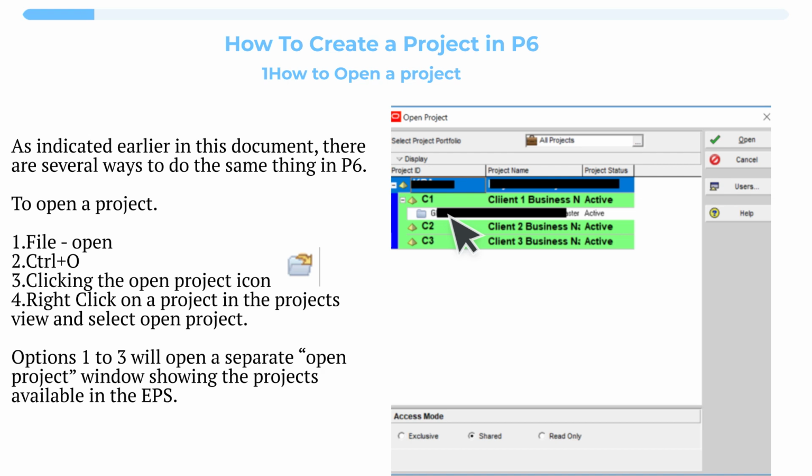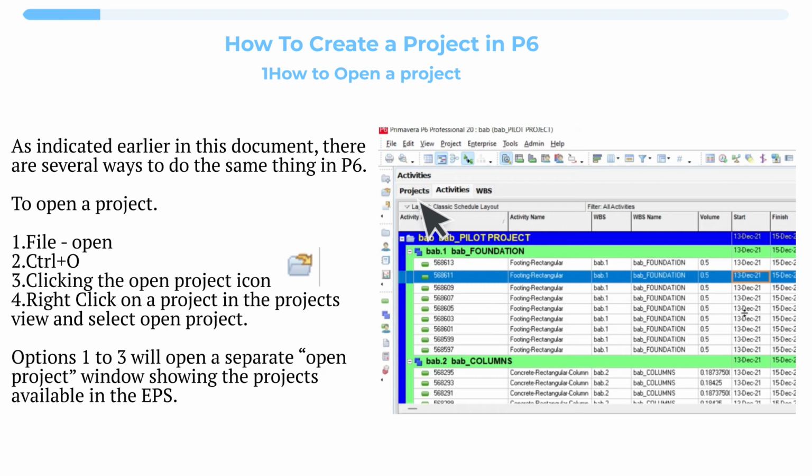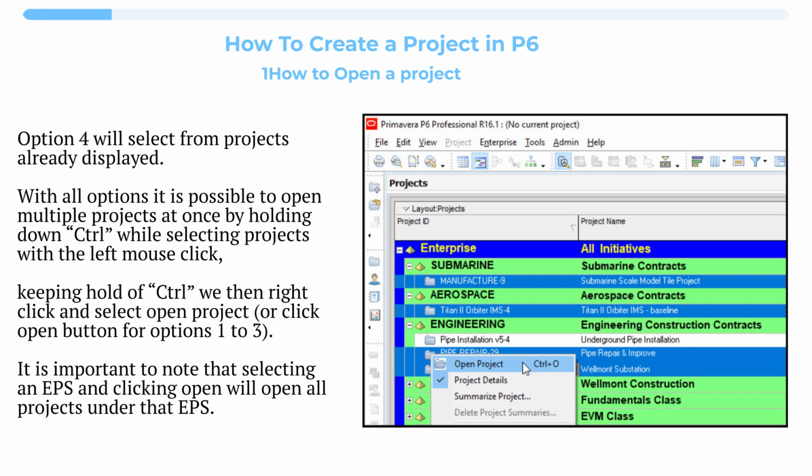Options 1 to 3 will open a separate Open Project window showing the projects available in the EPS. Option 4 will select from projects already displayed. With all options, it is possible to open multiple projects at once by holding down Ctrl while selecting projects with the left mouse click. Keeping hold of Ctrl, we then right-click and select Open Project, or click the Open button for options 1 to 3. It is important to note that selecting an EPS and clicking Open will open all projects